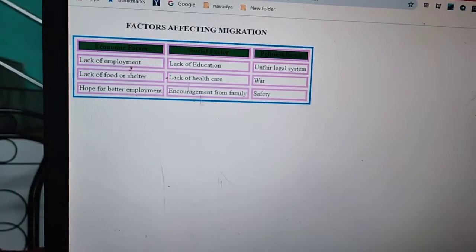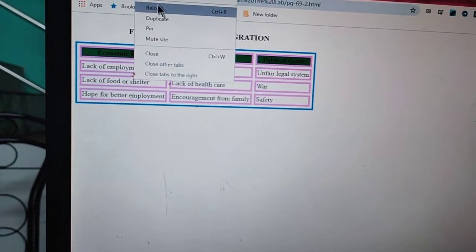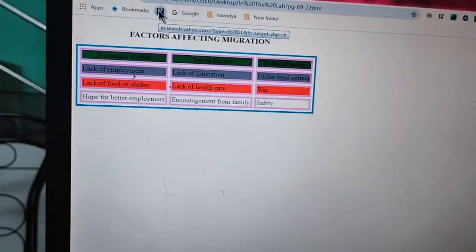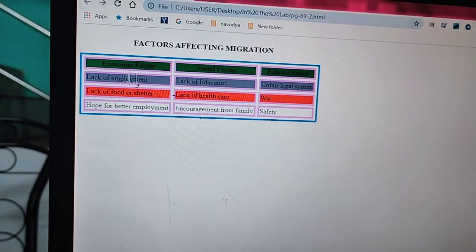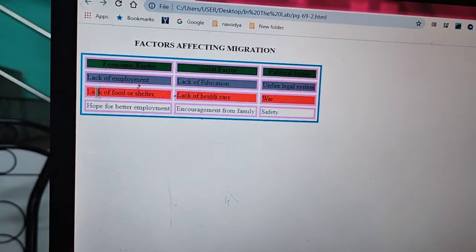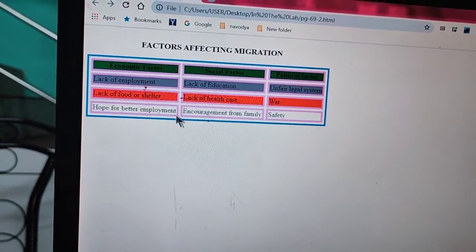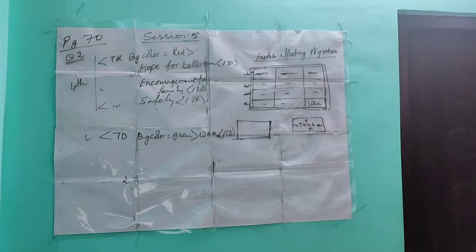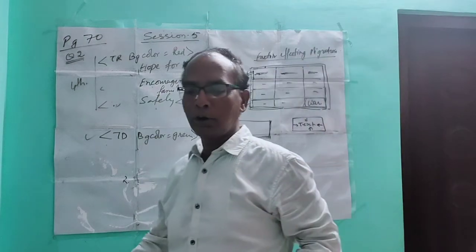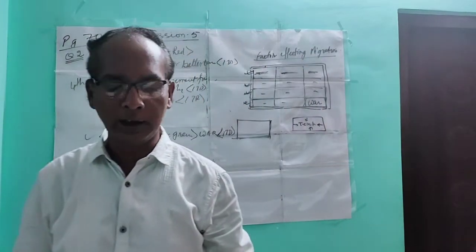Minimize it, then reload or refresh it. You see the first row appears green, the second row appears gray, the third row appears red in color. In this way we can edit our output. Is it clear to all of you? Now I think all of you understand the program very clearly.